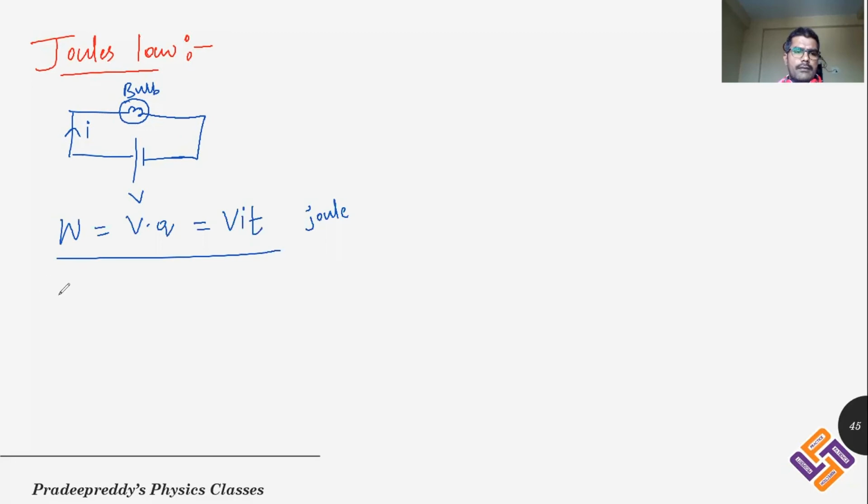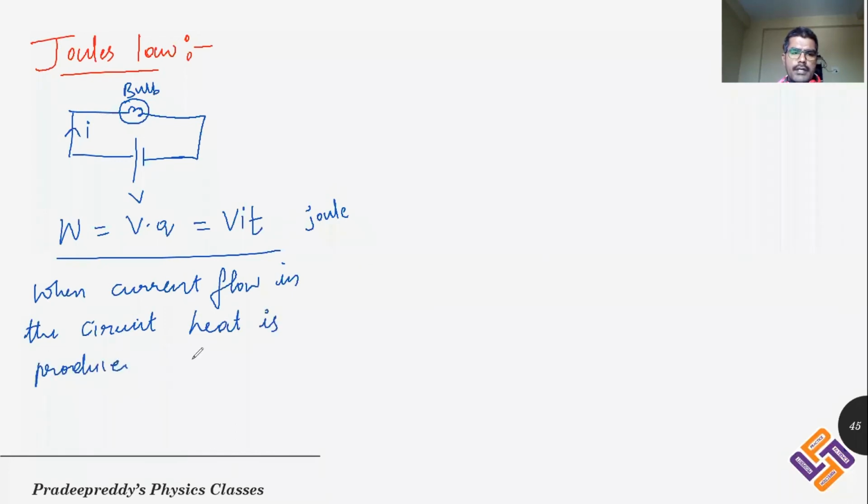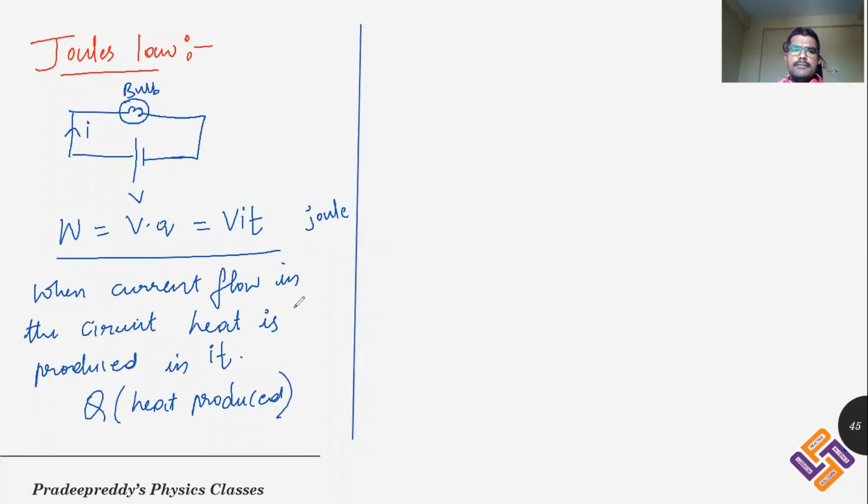So when current flows in the circuit, heat is produced in it, and that heat produced you denote with Q. Q is heat produced. And Joule's law states that